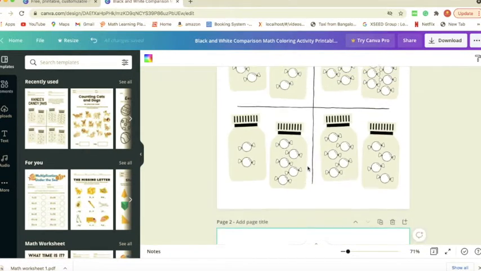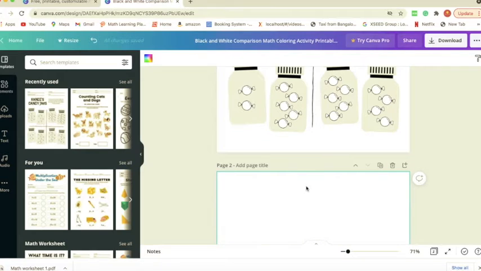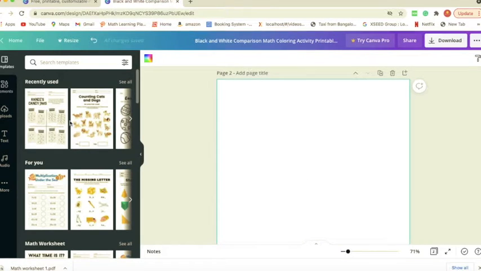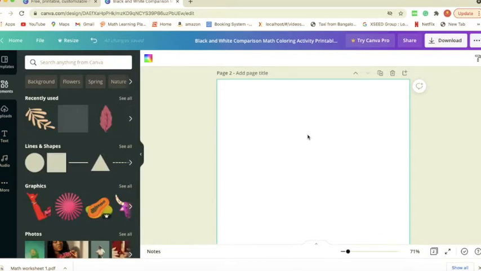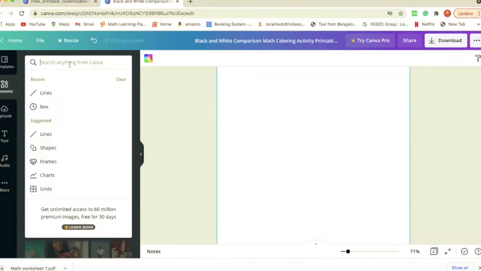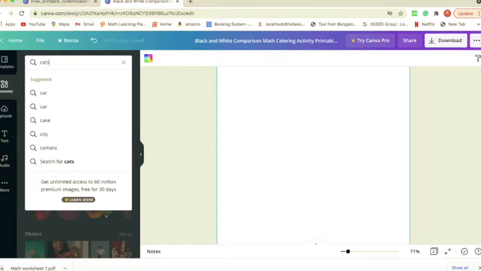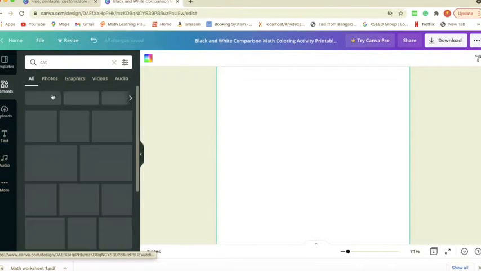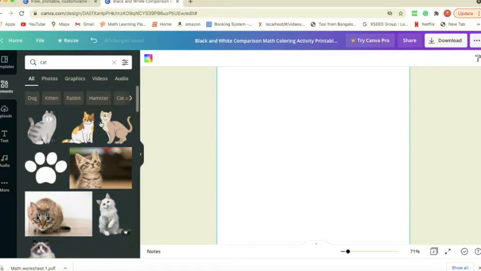Now this was just one page. I want to add another page. What I've done is I've clicked on add page just below that worksheet, and I can add different kinds of elements to it. Elements are any images or text boxes or any kind of shape that you want to add. Now I will add some cats and dogs pictures so that my students can count and add the total of it.